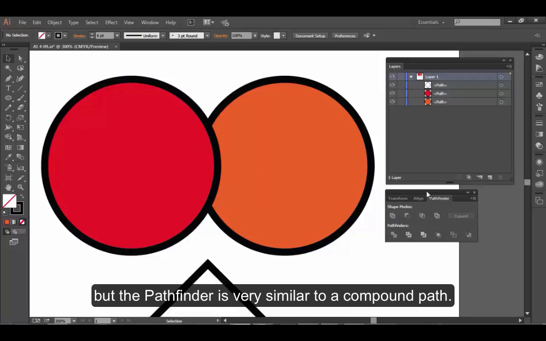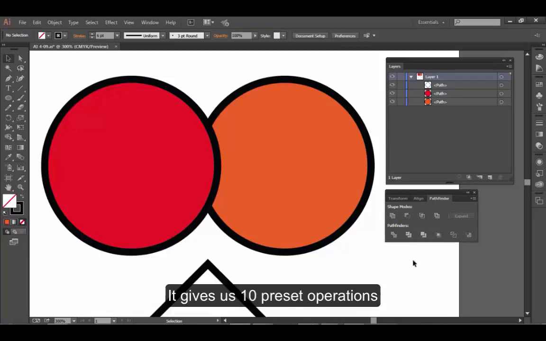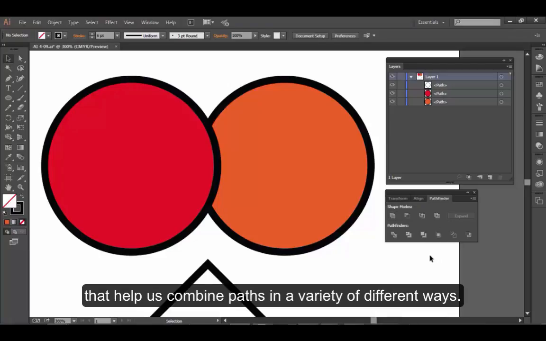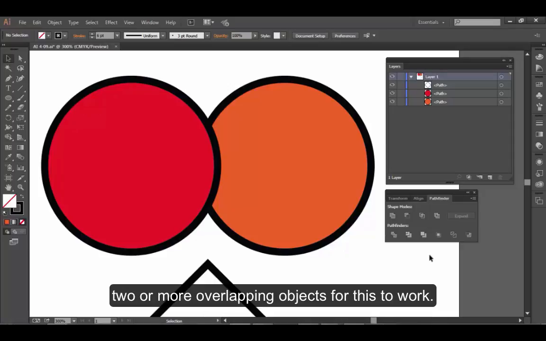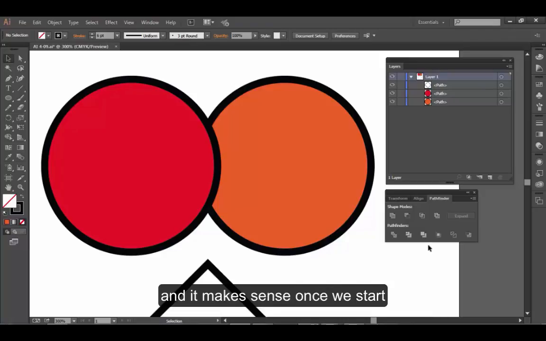But the Pathfinder is very similar to the compound path. It gives us 10 preset operations that help us combine paths in a variety of different ways. Again, the rule: you have to have 2 or more overlapping objects for this to work. You can't do this with just one, and it makes sense once we start looking at